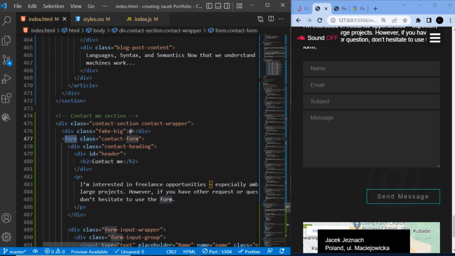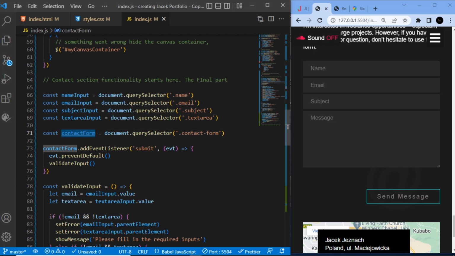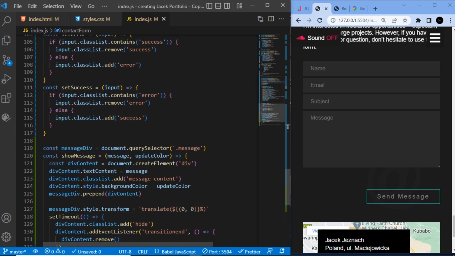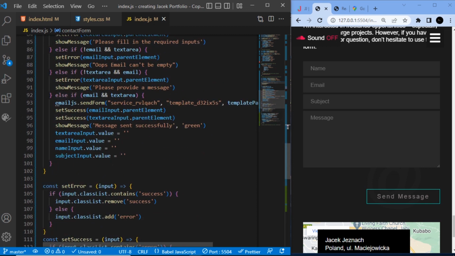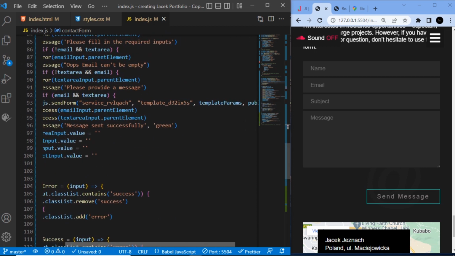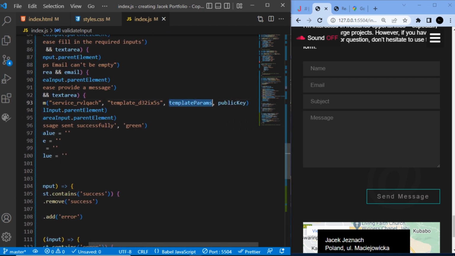So we will just use the variable as the third parameter that email.js is requesting from us. So we just pass in the contact form, and then the last parameter is